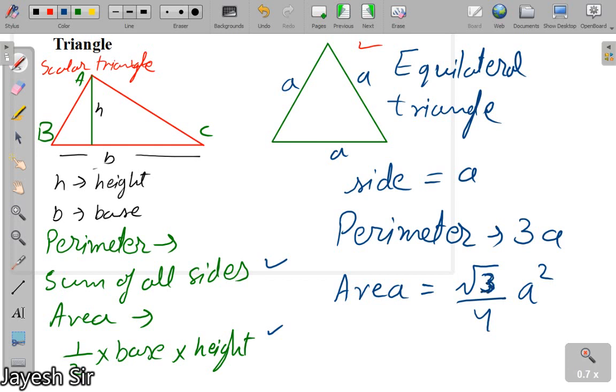There is also a formula for the perpendicular of an equilateral triangle. But I don't believe that you have that formula in your book. Even this formula may or may not be used. I'm just giving you the formula just in case. You have to learn the formula anyhow.